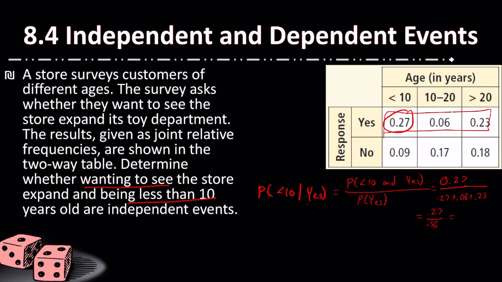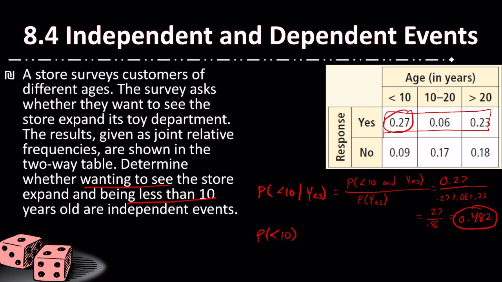So when I divide those, we get 0.482. All right, so now let's compare that to the probability that the kid is less than 10, or the